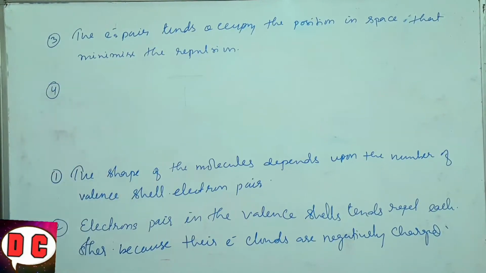Fourth, the valence shell is taken as a sphere with electron pairs localized on it. Okay, this one is okay, no problem. The fourth point,